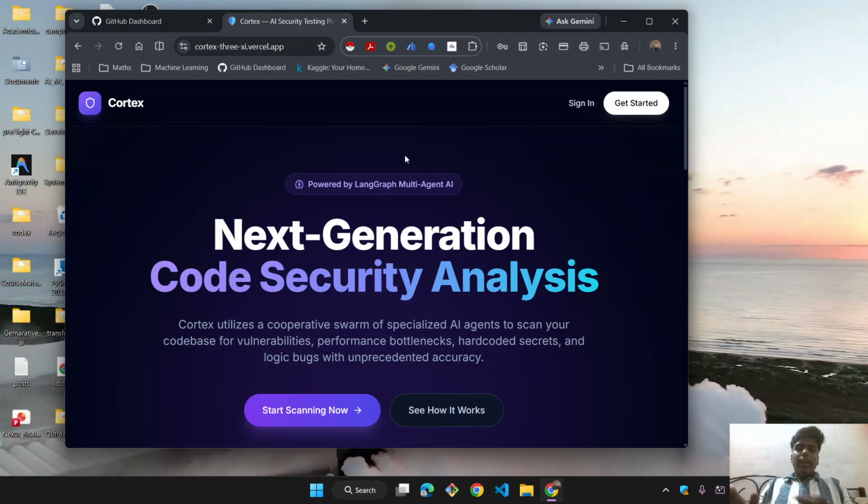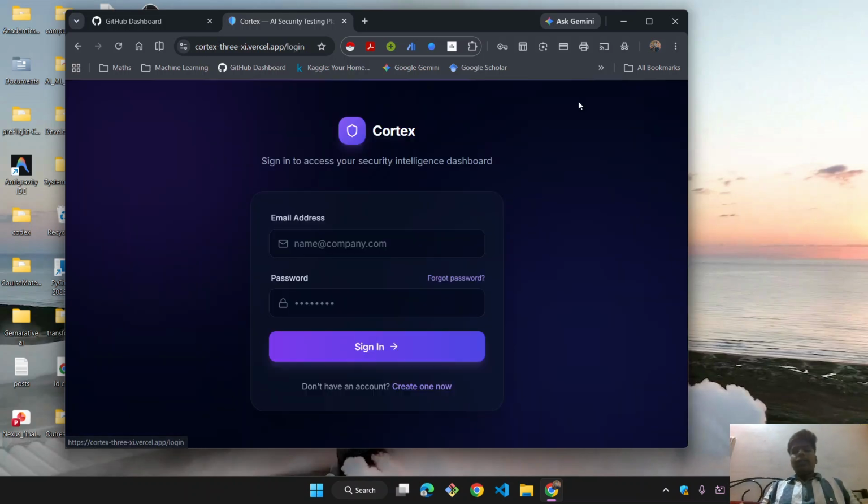We tested this by taking one of the repos we built at a cohort. In that repo, at the time of running in our terminal, there was no error. But when you go to Render to deploy that repo, we found seven vulnerabilities, and the agent detected those exact seven vulnerabilities. So let's go to the test, which we have created, and the password is